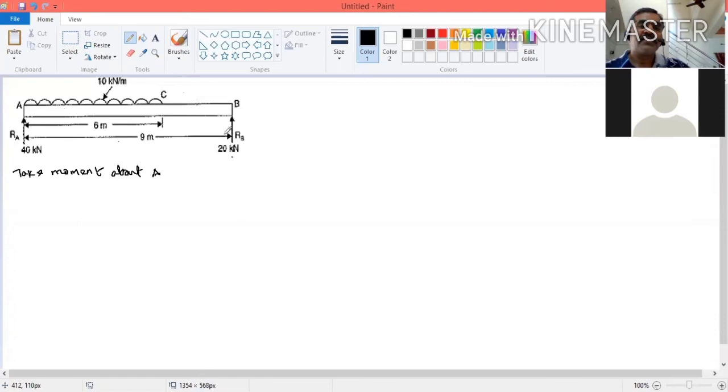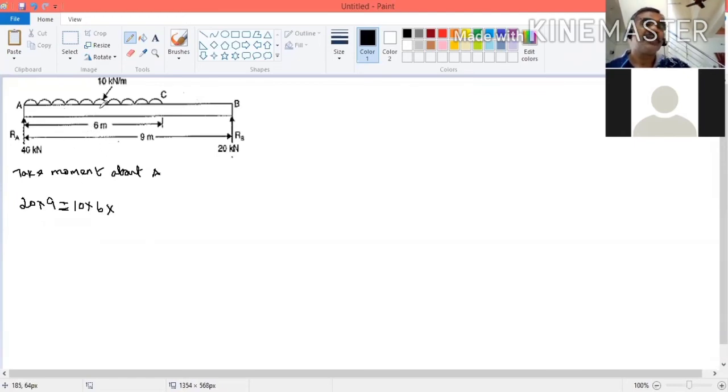Now there is a force RB, which we don't know. It is acting at a distance of 9 meters. The 10 kilonewton force will create a clockwise moment, and this is a counterclockwise moment. I'm taking the right side of the equation. Now it is given in kilonewton per meter. If it is a uniformly distributed load, it will be given per meter, so you have to calculate the force. How to calculate the force? 10 into distance. The uniformly distributed load is acting over a span of 6 meters. So 10 into 6 is the force. Now multiply with the distance to find the moment.